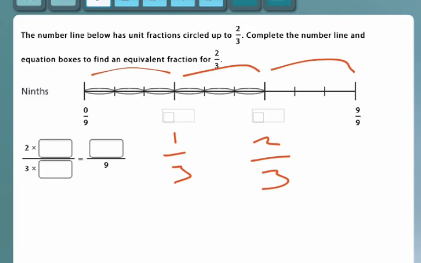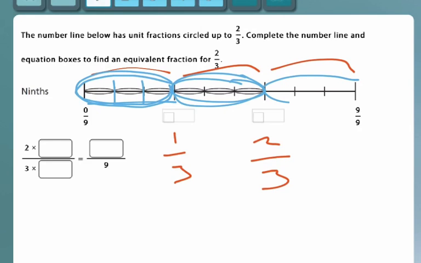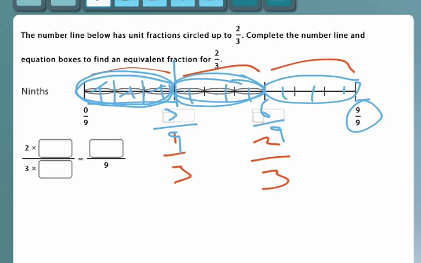So now we're trying to find an equivalent fraction that names this same part here, a unit fraction of 1/3. So you look at the 1/3, and they've cut that 1/3 into 3 parts. So each one of those parts is a third of a third. If you look at all the smaller parts, you end up with 1, 2, 3, 4, 5, 6, 7, 8, 9, or 9/9. So what the question is asking is what is equivalent to that 1/3. So you just count the parts, 1, 2, 3. You see that 1/3 is the same as 3/9. 4, 5, 6. 2/3 is the same as 6/9, and there you have your equivalent